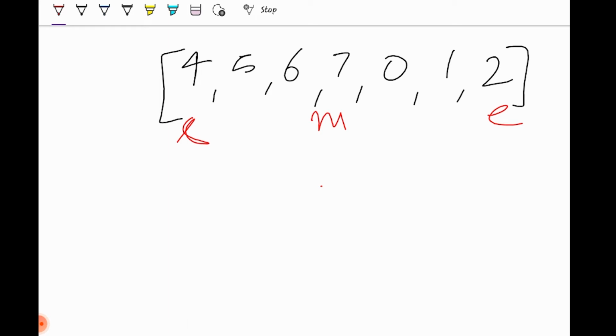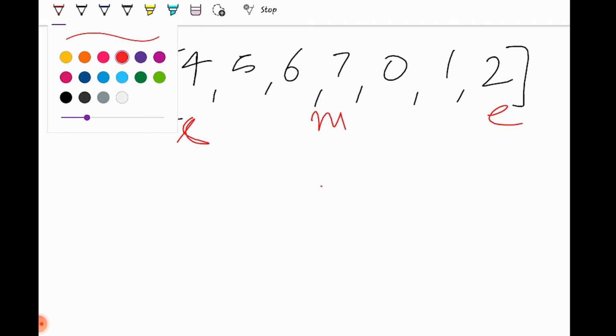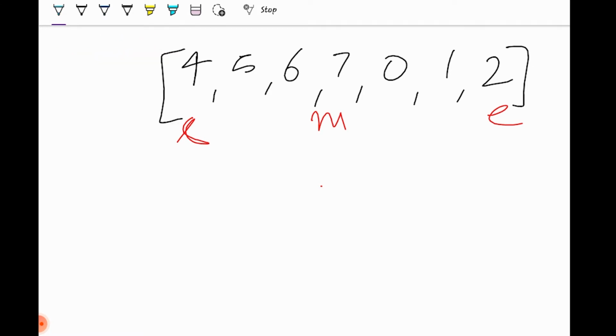Now, if I want to search where is the pivot, observe carefully. See, if I compare 7 and 6, this won't give me any help. Why? Because the pattern that 7 and 6 is following, that is 7 is greater than 6 or 6 is less than 7, this pattern is being followed everywhere. The next element will be greater than the previous element because it's an ascending order array. That's the main idea behind it. So this comparison will not give us any help.